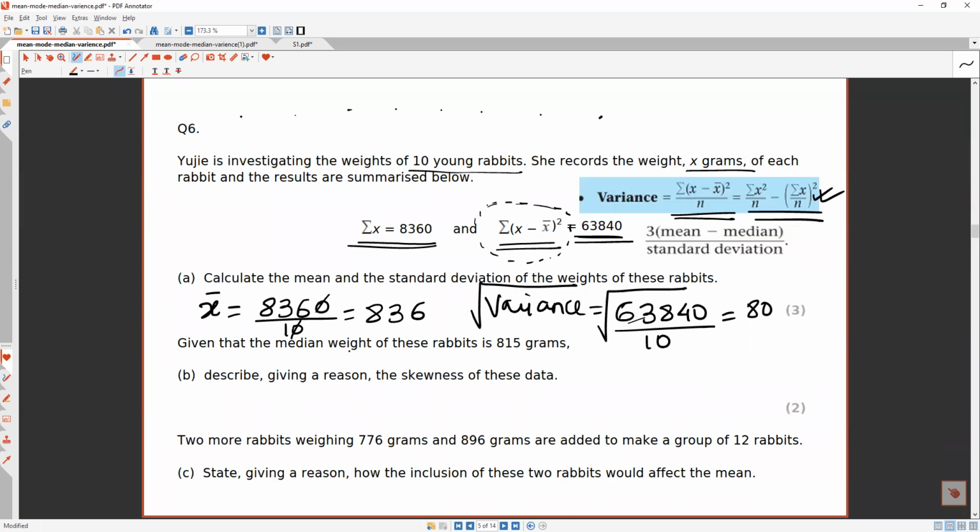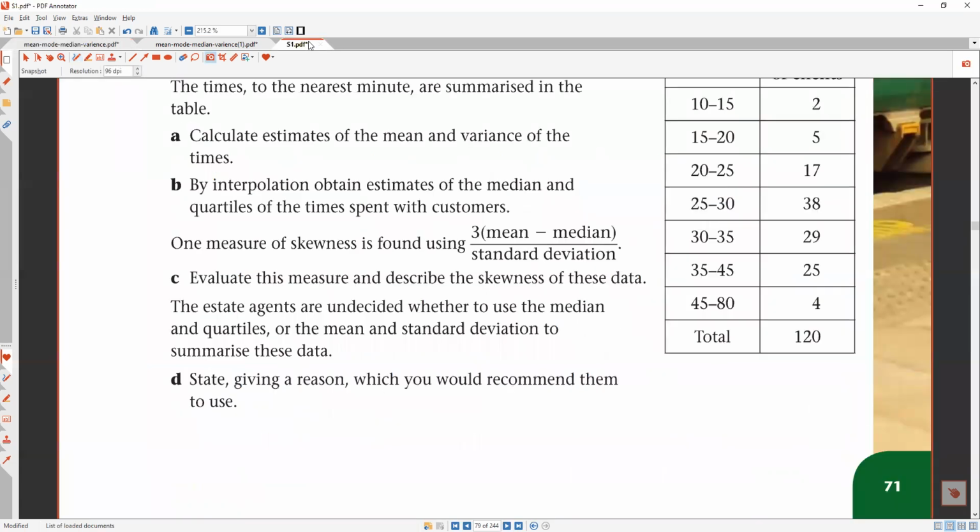Given that the median weight of these rabbits is 815 grams, describe, giving reason, the skewness of the data. Now we know mean, we know median. So what is the mean we got? 836. Median 815. So if your median is bigger than mean, what is it? It's a positive skew. This is given in your textbook, where I think